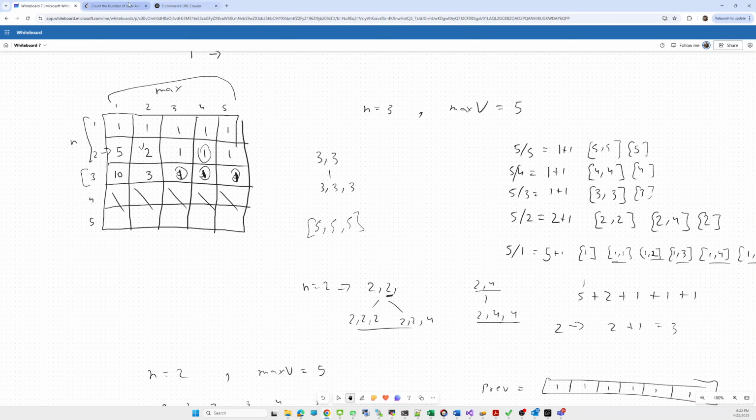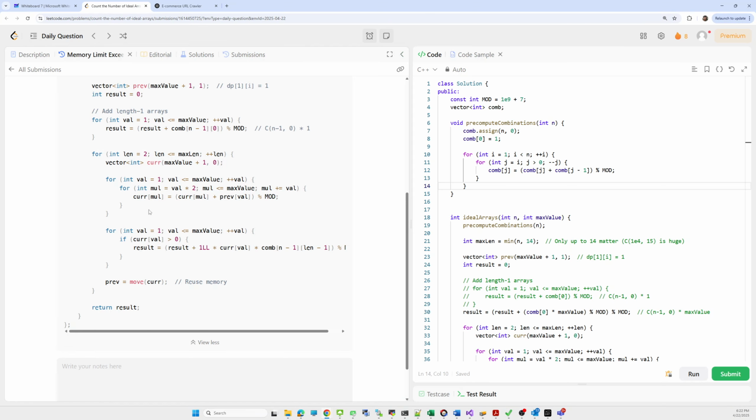So we are doing the same, we are just updating here the number of sequences we can form for 4 and the number of sequences we can form for 2. The same we can update here, iterating from 1 to the maximum value, and while iterating just take the next multiple of that value. For i equal to 1, starting from 1, we start from 2, and the next multiples will be, oh sorry, till the max value, and we update our current matrix.